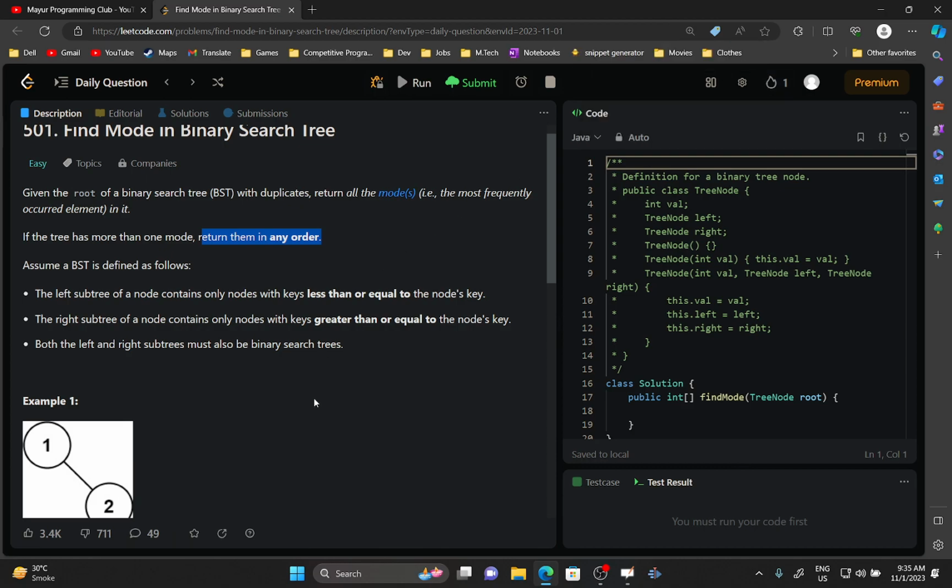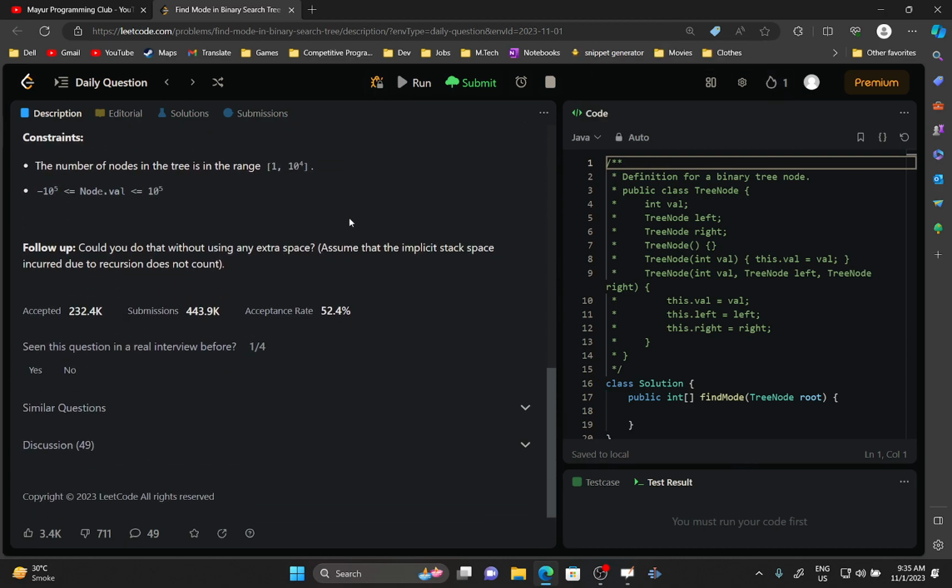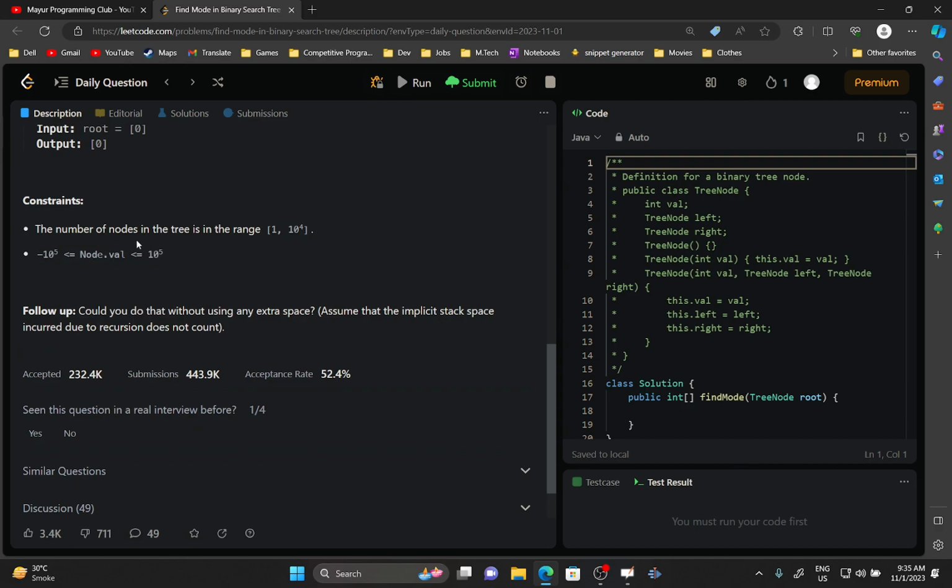Okay, now let's have a look at the constraints. The number of nodes in tree is in the range 1 to 10 raised to power 4. Okay, so there will be at least one node in the tree, and at max there can be 10 raised to power 4 nodes. And the value of the node ranges from -10 raised to power 5 to 10 raised to power 5. And there is a follow-up also. Can you do that without using extra space? Okay, so